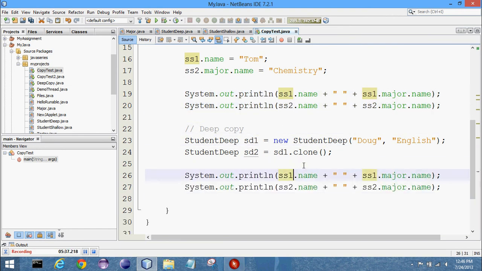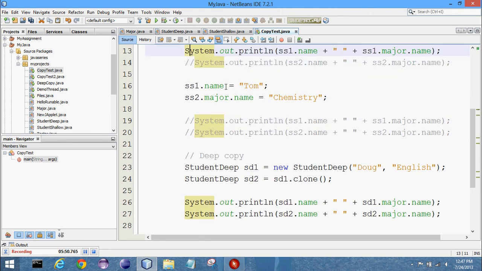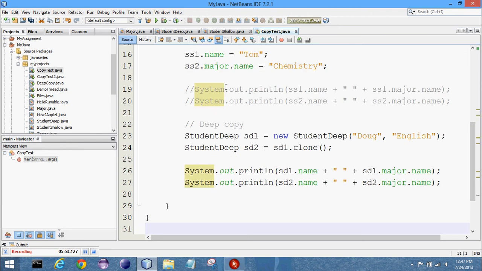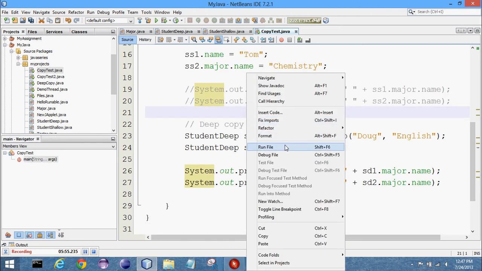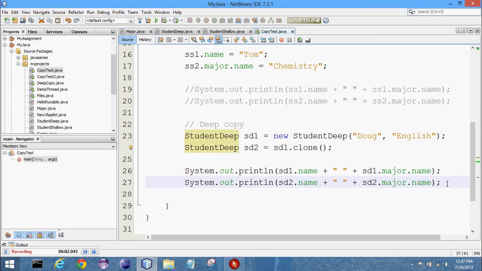Let's go ahead and do the same and display the output for SD1 and SD2. Let's comment out the other output statements above just for clarity's sake. So as expected, we see Doug English again. So that works fine. Let's go ahead and make a change to the original object, sd1.name equals Tom,